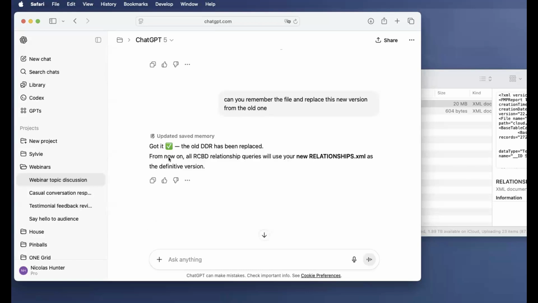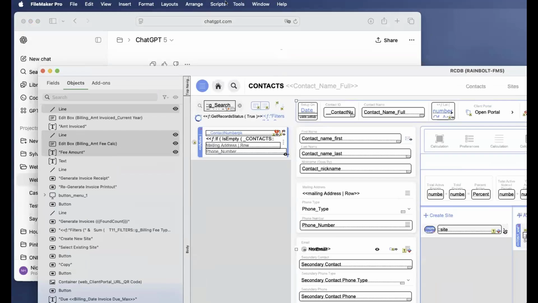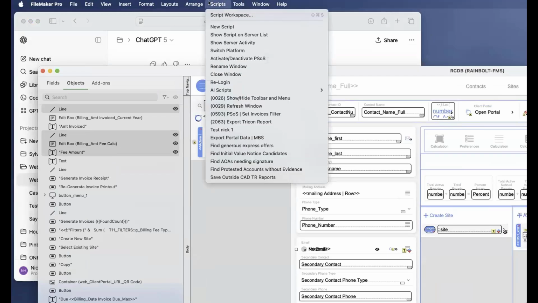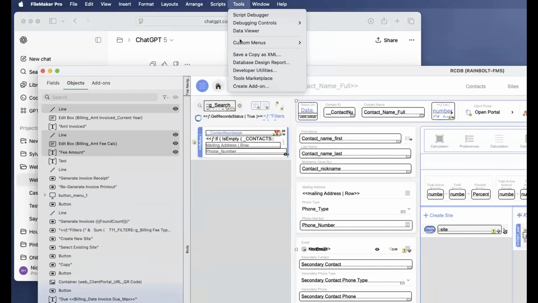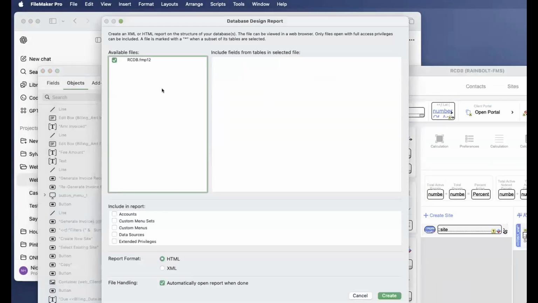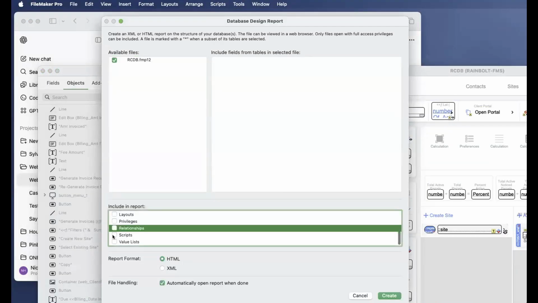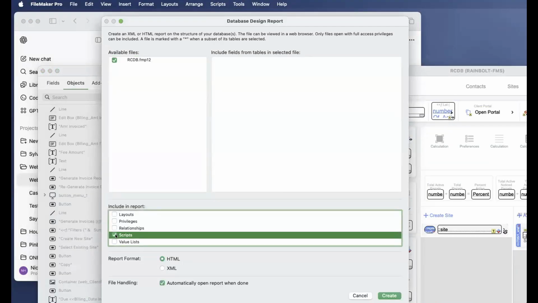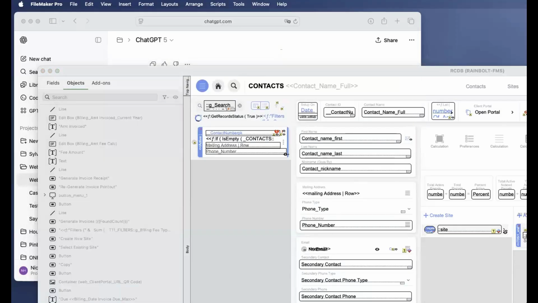Okay, so now I'm going to continue and send all the things. So I'm going to send a design report for the scripts only, in XML, in the same folder.